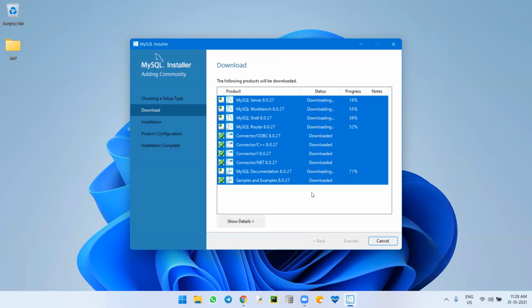So now this is the latest version, Windows 11. I'm going to show you how to install MySQL Workbench along with the database server in Windows 11. The same thing applies to other versions of Windows, like Windows 7 or Windows 10, whatever you are using. It will be the same procedure.